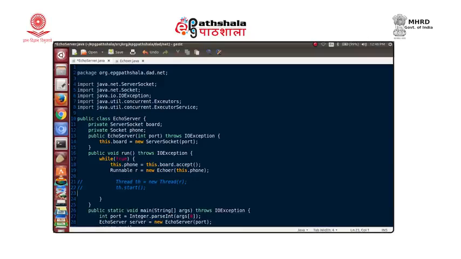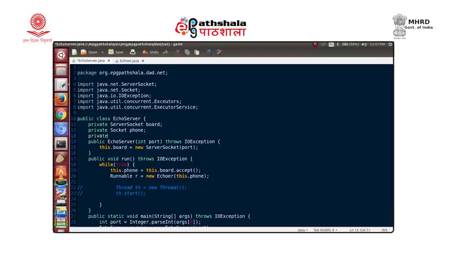Instead, we would like to create an object of executor service. So, let us first introduce an instance variable. Our echo server has a private variable for an executor service, and let us call it executor.